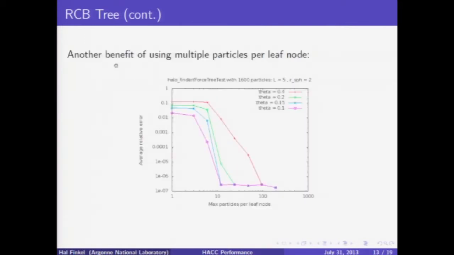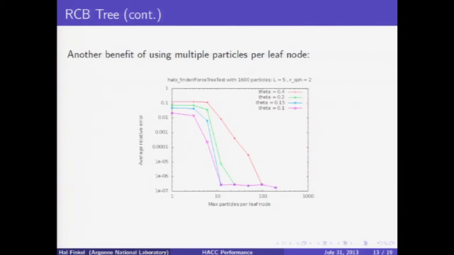Oh, and here's an added benefit of this approach as well, which is that the answer is more accurate. The n log n approach is an approximation, right? This tree is like a monopole, it's the second order multipole approximation, and so the answer is not exact. Most of the error that you get in the approximation comes from particles that are close to you. So the more direct n-squared calculations that you're doing,